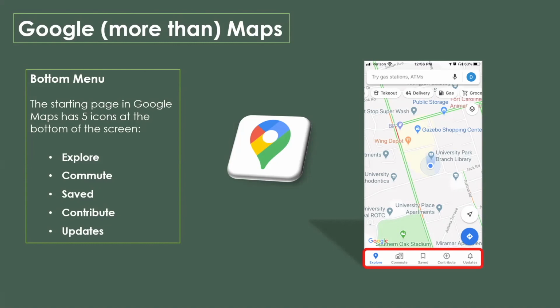Saved is going to allow you to create lists, recall places, view your timeline. This is where you can also label locations like home or office, so that you could very easily say, I'm at this particular grocery store. I want to go home, and you don't have to actually type in addresses and everything. You've already designated what's home or what's office or other locations. That's done under saved. Contribute lets you edit maps, add a place, write a review, add a photo,